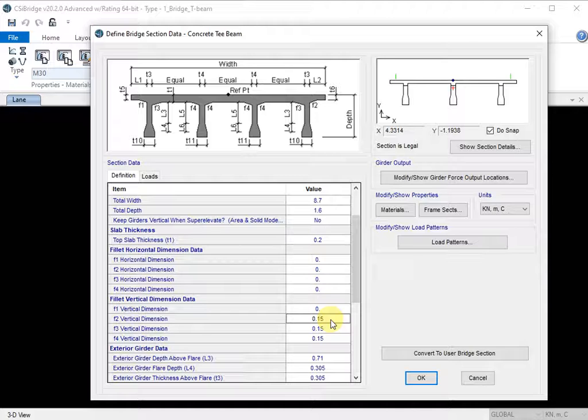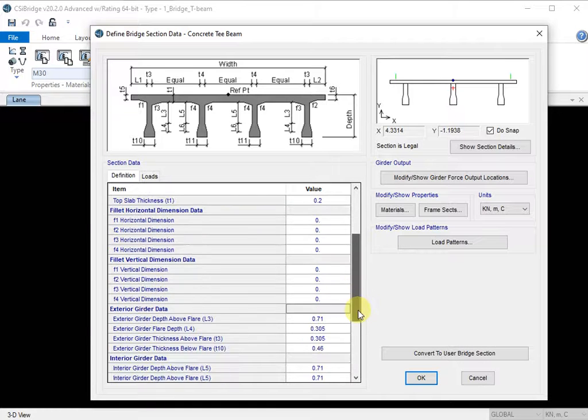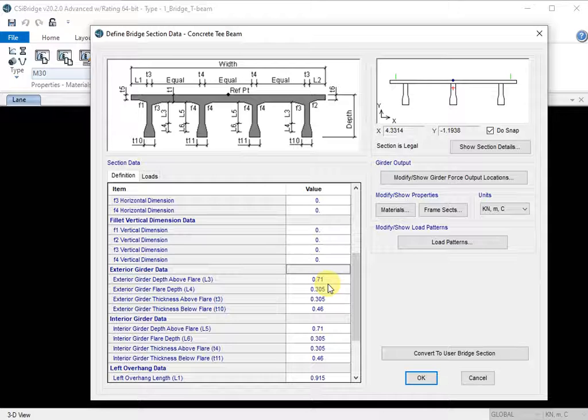Exterior girder data: exterior girder depth above the flare L3, and exterior girder flare depth L4. Here we are not going to give flares like L4 and all. So the thickness is even: exterior girder thickness above the flare, and below the flare, everything is the same.